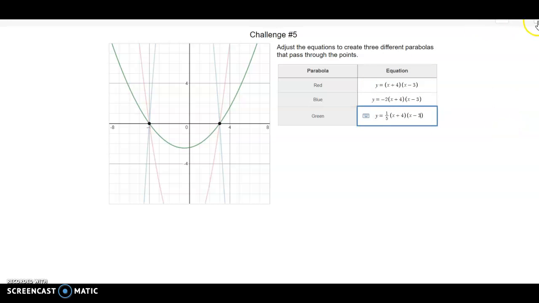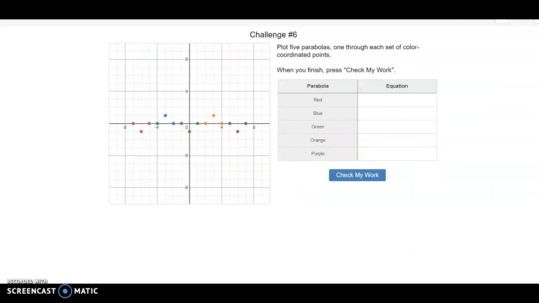So we can mess with the left side of the parabola with the pluses and the minuses with the right side. So if we hit our next challenge, which is challenge 6 here, this one might be a little bit more challenging. We need to make sure that we're going through all of these points for each of them. Well, based on what we know, right? Let's try, since it looks like it's just going to be on the left side of my x's, let's start with a set of parentheses. So equals, x,